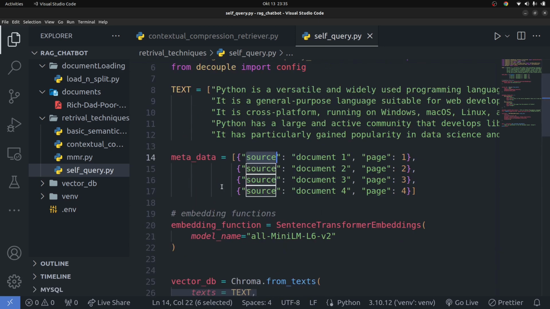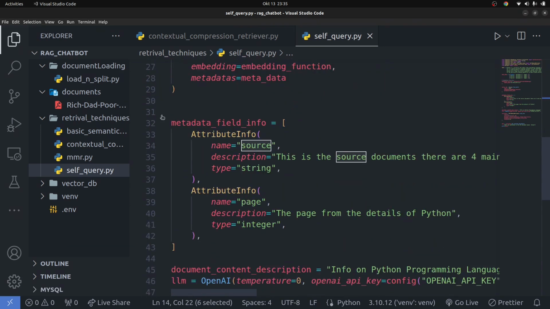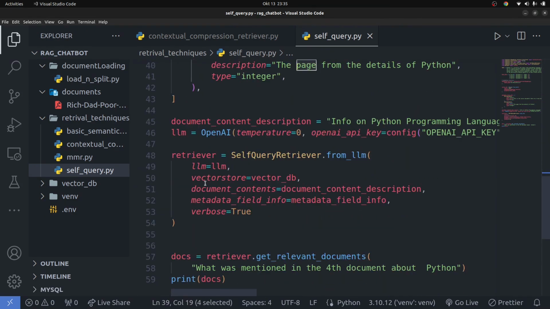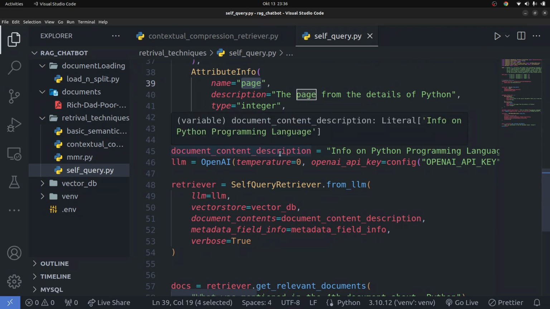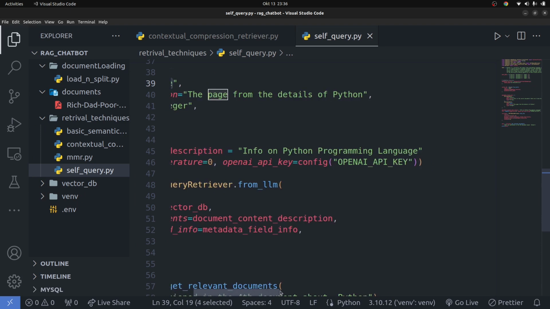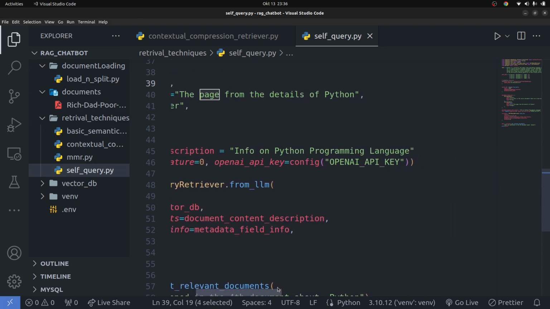Right, you provide a description of the metadata. That's what the attribute info does. You also have the page, which provides information about the page. These are the page numbers, details of the page from the details of Python, and then that's like that. Then you have also created the document content description, so info about Python programming language, and then you created an OpenAI